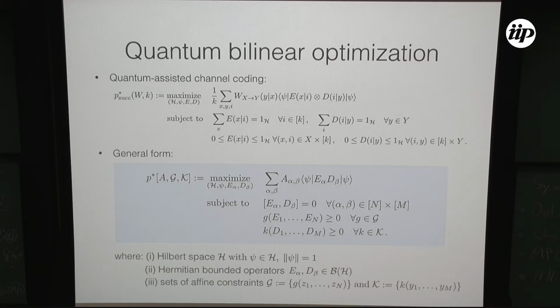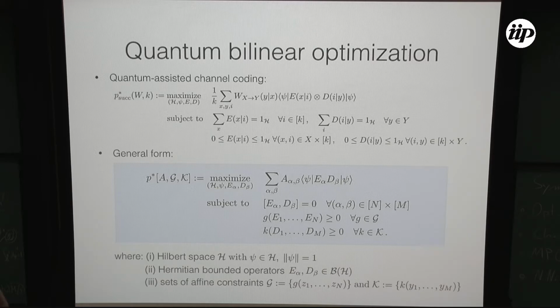Maybe you think this program doesn't look very general, but it actually treats quite a few problems that we're interested in in quantum information. I'll mention in my conclusions what problems these actually are. And one thing that someone recently commented on: we call this bilinear optimization. It's linear in the variable E, linear in the variable D, but it's important here that we also optimize over these psi's, right? So you might also call it trilinear.